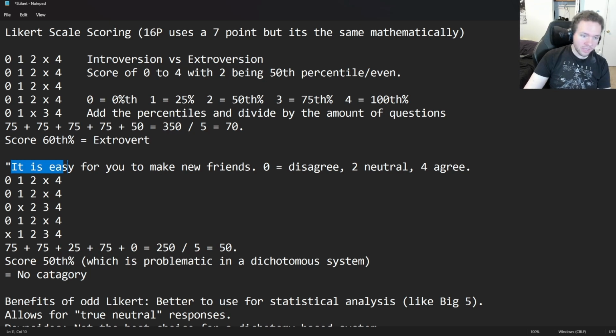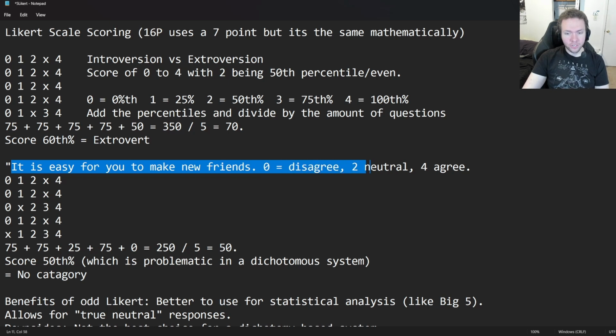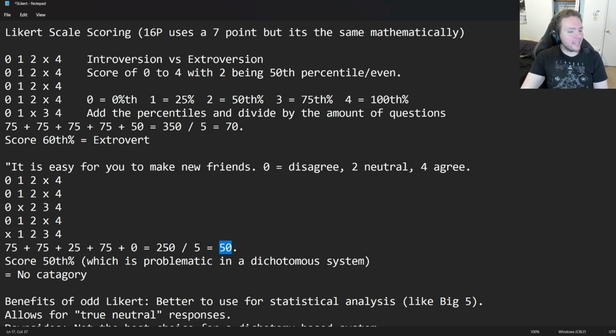So even if you're looking at something like, "Is it easy for you to make friends?" 0 disagree, 2 neutral, 4 agree, these types of questions. We go through the same style of questions, but this time there's a slight difference in responses. You can see that this time they scored 1 as 25th percentile and 1 as the 0th percentile. Now we have 75 plus 75 plus 25 plus 75 plus 0 equals 250, divided by 5 equals 50th percentile. So now we have someone who scores exactly in the middle, and all that changed was a couple of responses